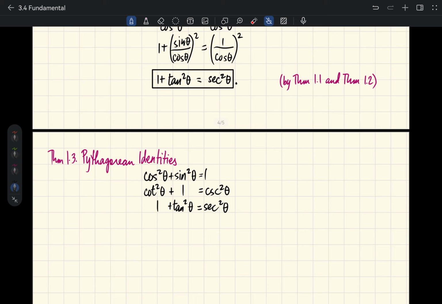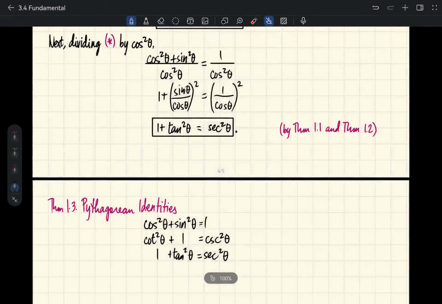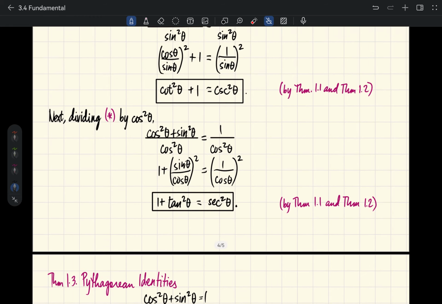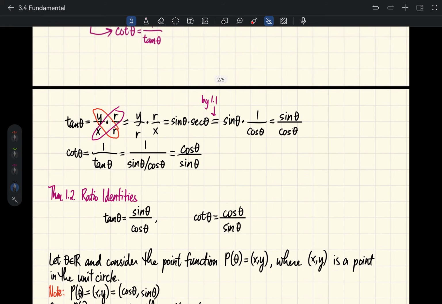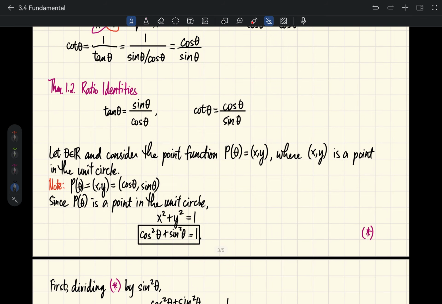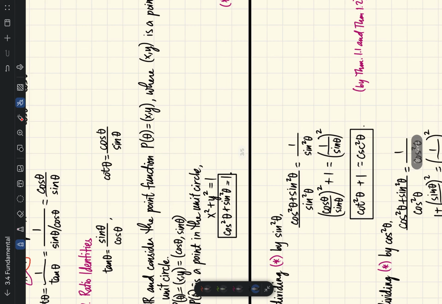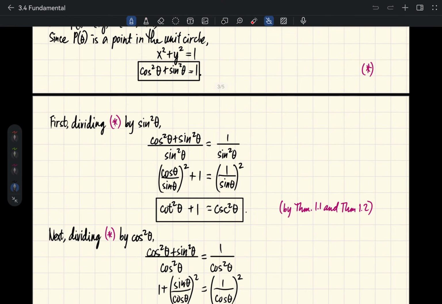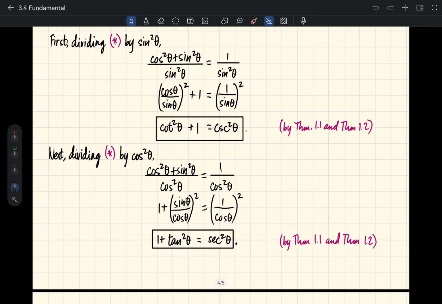So we have done our first goal for today, which is to derive the fundamental trigonometric identities. This time, what will we do? We will look at some other identities and try to prove them using the 3 theorems that we have right here. And actually, this is what you will also do in the homework that I am assigning to you, as well as in the upcoming exam. You'll also prove some identities there.